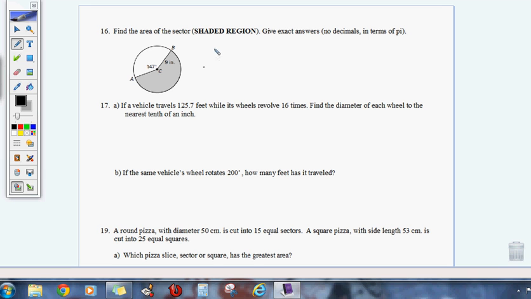Find the area of the shaded region. Well, the shaded region has a central angle here that's 360 minus 147. So that's actually coming out to 213 degrees. So we've been trying to teach you in class that it's really just a fractional part of the area of